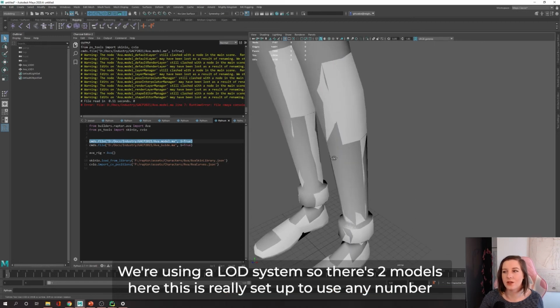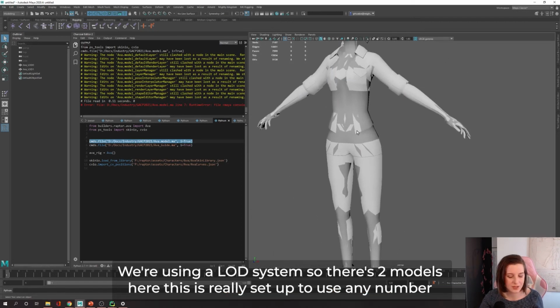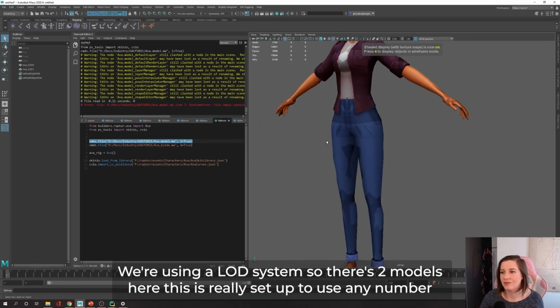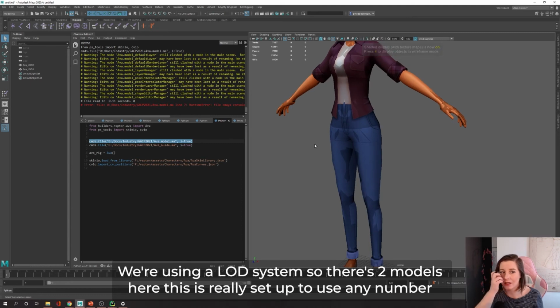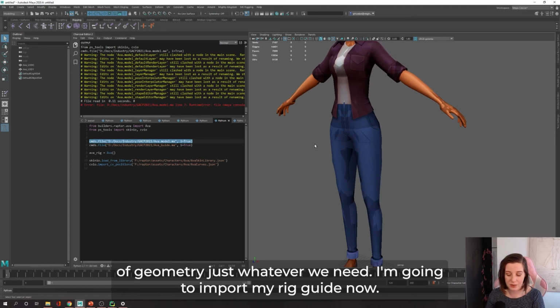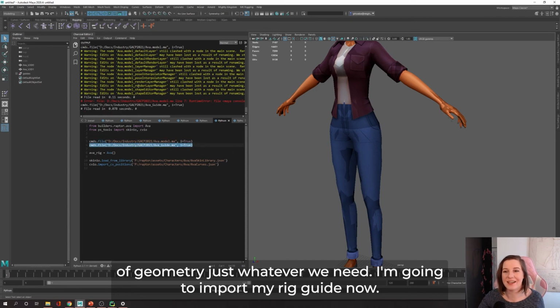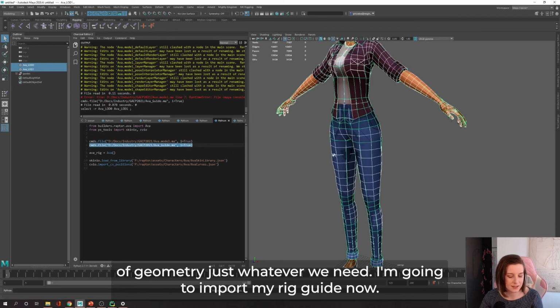We're using a LOD system, so there's just 2 models in here. This is really set up to use any number of geometry, just whatever we need. I'm going to import my rig guide now. And so the rig guide is, our